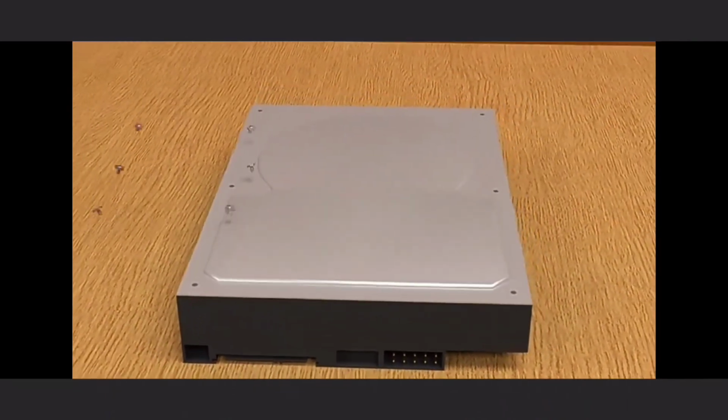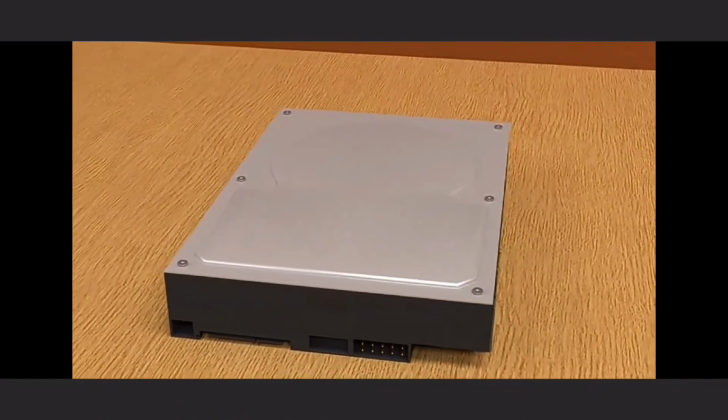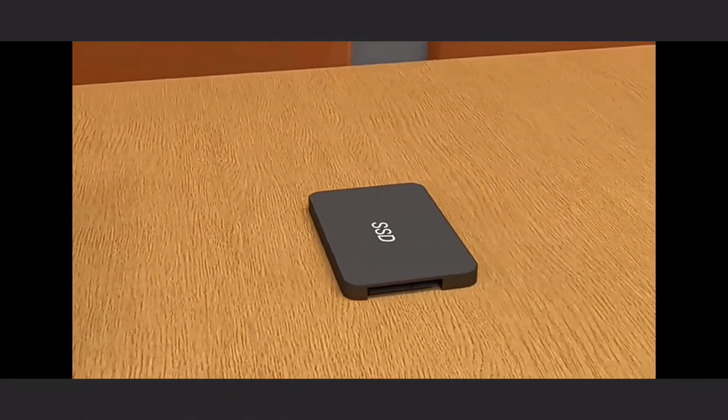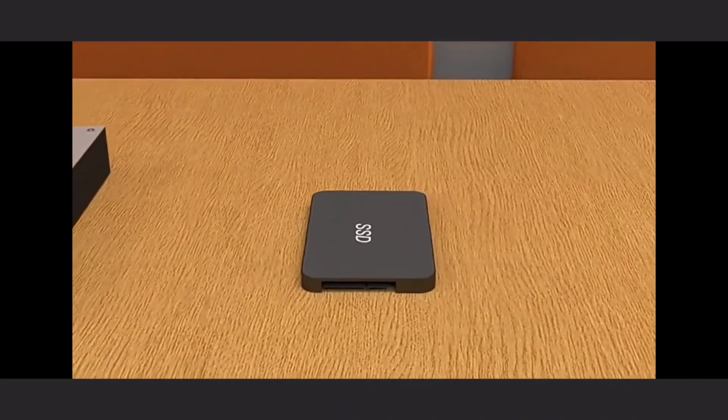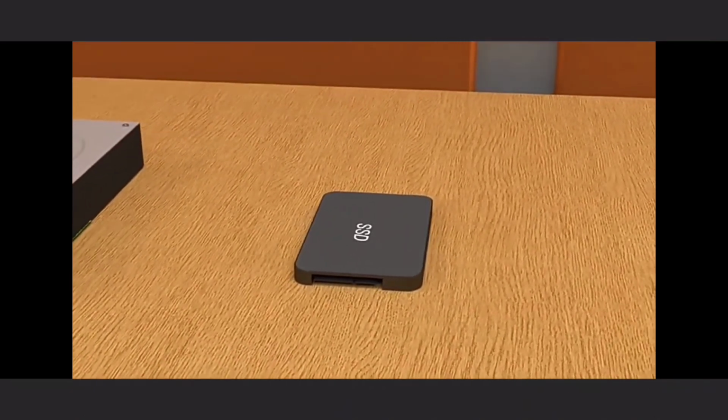In recent years, the hard drive is being replaced by the SSD, also known as the solid-state drive. These have no moving parts on the inside, which means they are faster, smaller, and use less power. However,